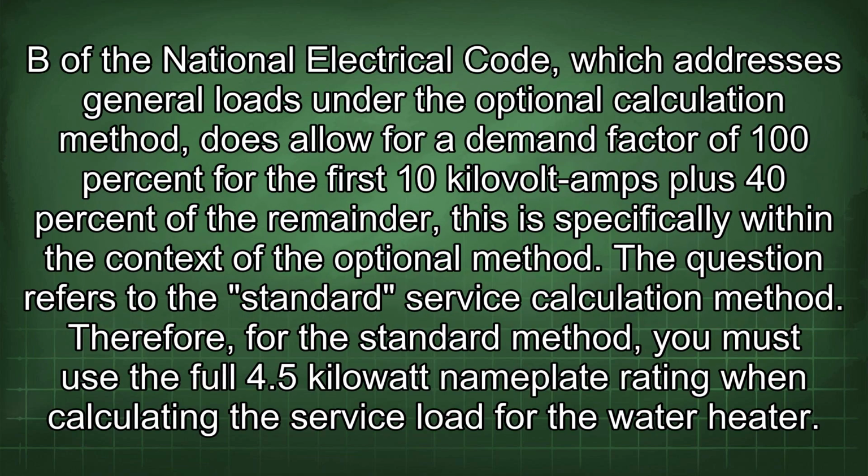220.82(B) of the National Electrical Code, which addresses general loads under the optional calculation method, does allow for a demand factor of 100% for the first 10 kVA plus 40% of the remainder. This is specifically within the context of the optional method. The question refers to the standard service calculation method. Therefore, for the standard method, you must use the full 4.5 kilowatt nameplate rating when calculating the service load for